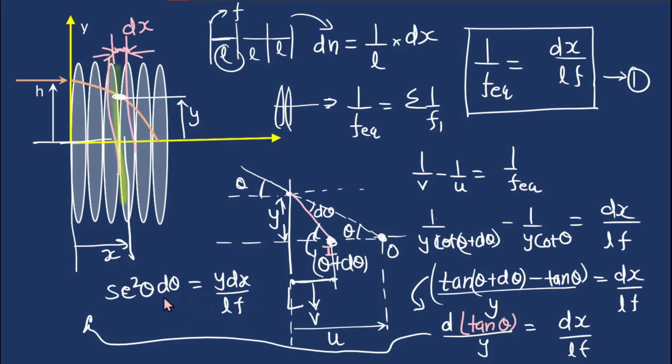What now? I have to somehow equate this d theta with some other term so that this whole quantity becomes easily integrable. Right, on the right hand side, we have y and dx. So we have to somehow change this so that it either becomes a function of y and dy or a function of x and dx, right? So what more we can do here?